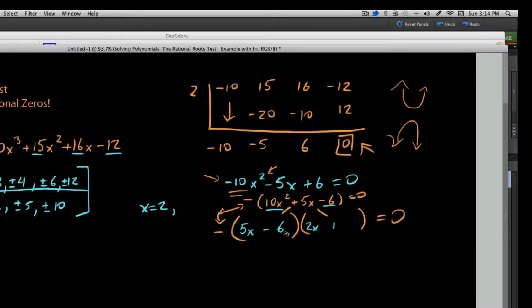So maybe we switch our 6 and our 1 around. We say, okay, so -1 plus 6. We say, okay, the outer, we get 30x, and -2x is 28x. These are not working. So maybe the case was this. We simply needed to start with, instead of 5x and 2x, we'll start with 10x,